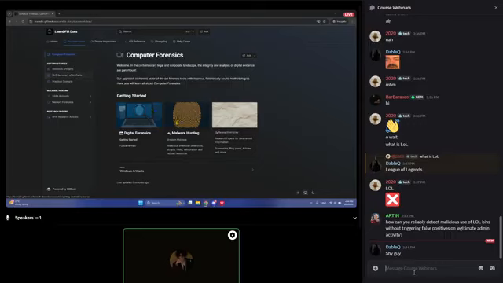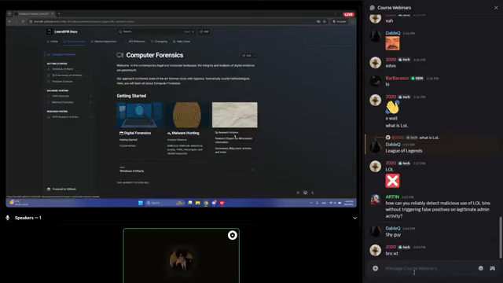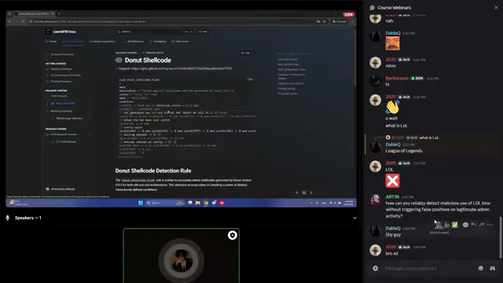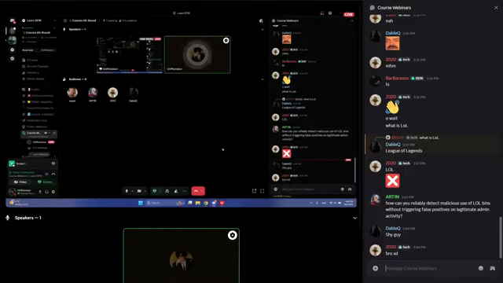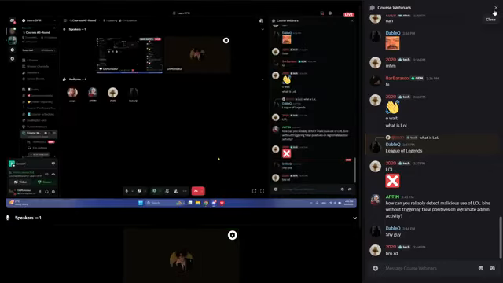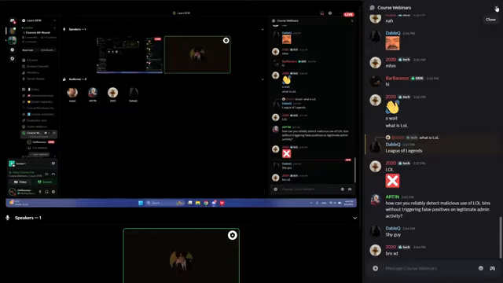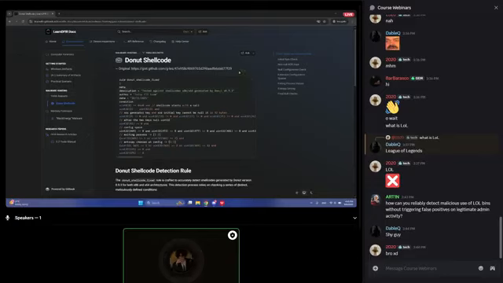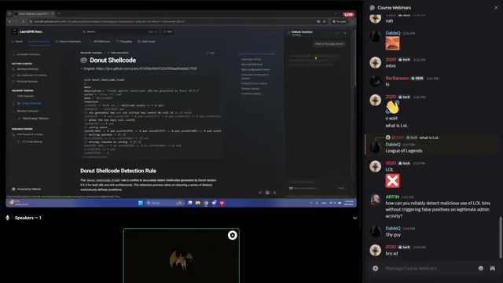So another thing is these three research articles, memory forensics and Yara rule sets. I will be adding Yara rules to this page as well. Do you know what that means if I add more Yara rules to this page? That means that the AI, the artificial intelligence, will have something to take and write you the Yara rules that you will be able to use for your own detections. For example, if we ask this